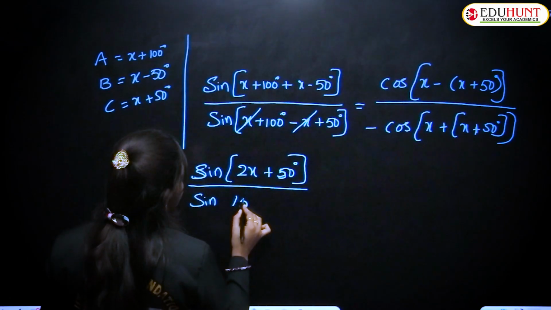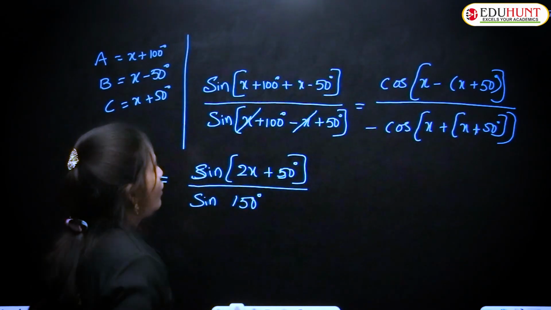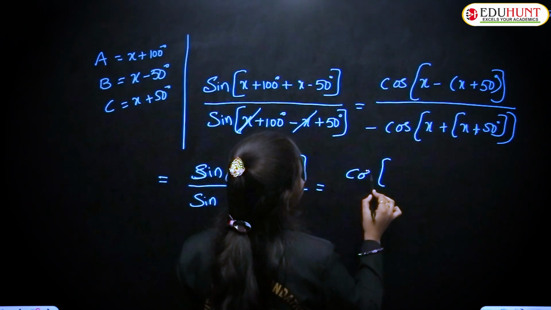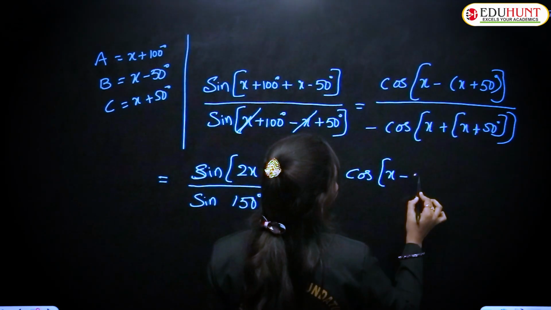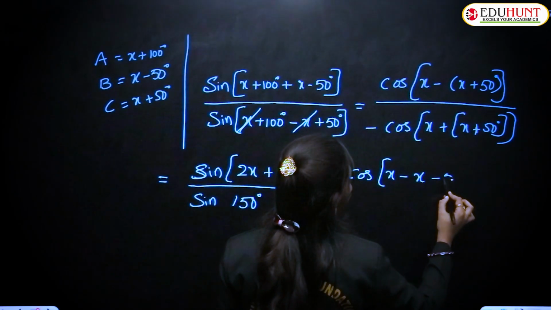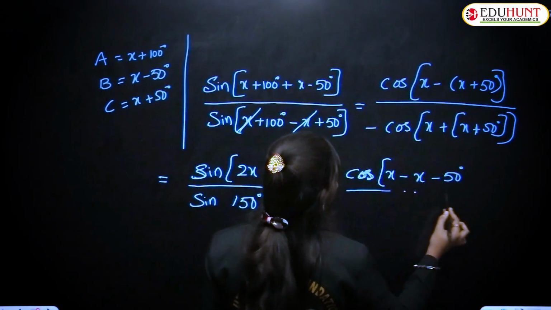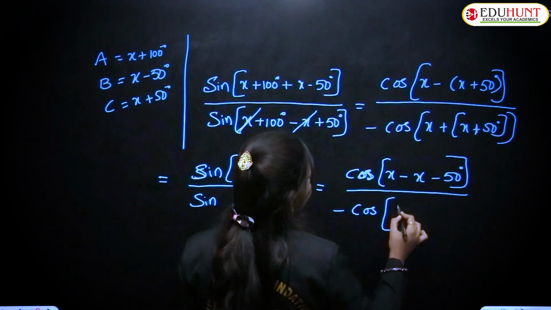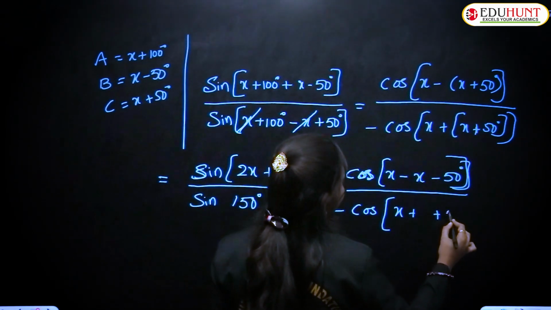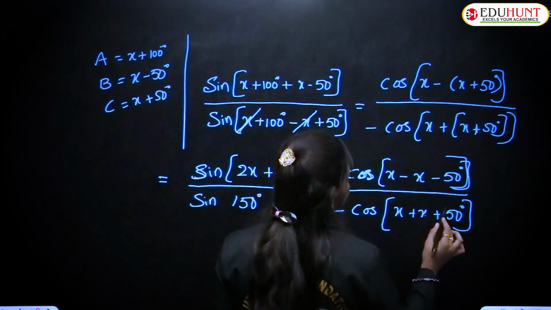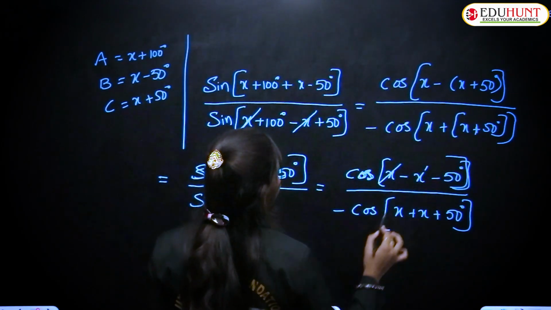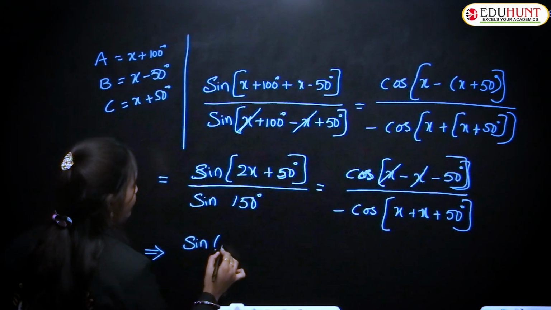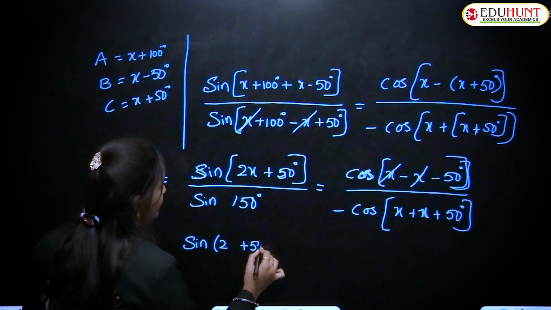So 100 plus 50 is sin 150 degrees, which is equal to cos of x minus x, and here plus into minus is minus 50 degrees whole by minus cos of x plus 50 degrees. Now simplify this. Plus x and minus x get cancelled. So which is equal to sin 2x plus 50 degrees